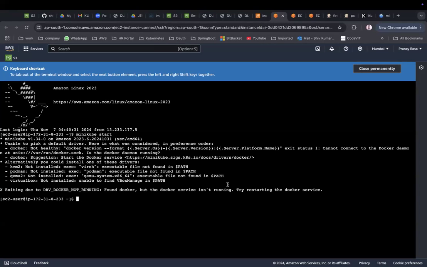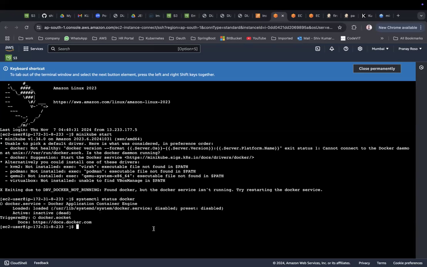Where is that suggestion? Unable to. Okay, the problem here is systemctl status docker. We have installed Docker, but not started Docker. That's the problem. Yes, you're right, we just forgot to start the Docker. Now, how to start Docker? systemctl start docker